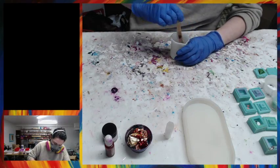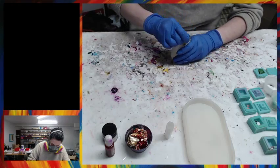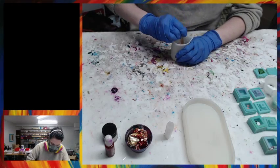We're starting to get a little bit closer here. Things are starting to look pretty homogeneous. I'm scraping the sides and the bottom, make sure we get all of...